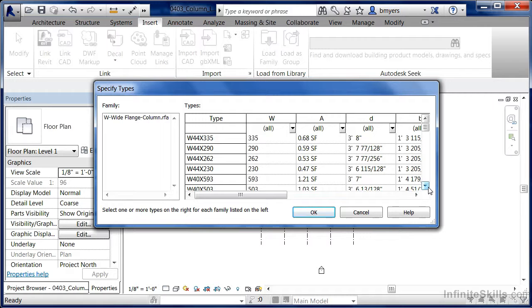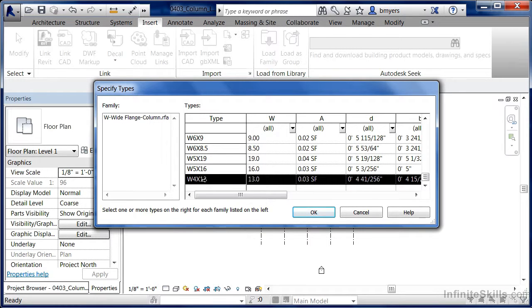So instead of loading all those sizes in at once, the structural columns will allow you to choose which sizes you want to load off of the list. And you can see that you have basically the entire structural steel catalog and its sizes loaded here into the project. Just so you can see it, I'm going to highlight the very last one, the W4x13, and